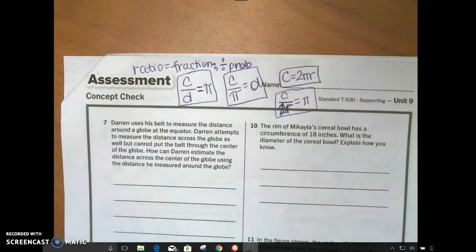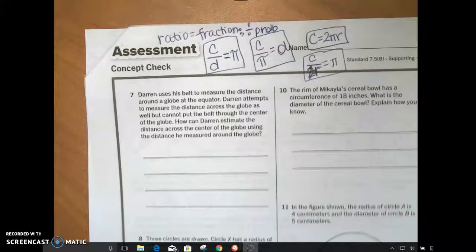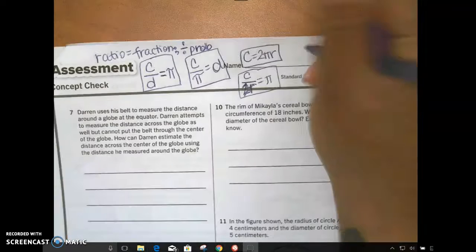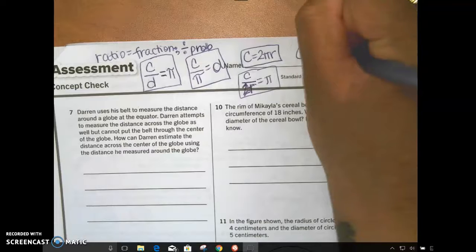All right, what were some other ratios that should have been written down? Circumference equals pi times diameter. Oh, wait, wasn't it pi